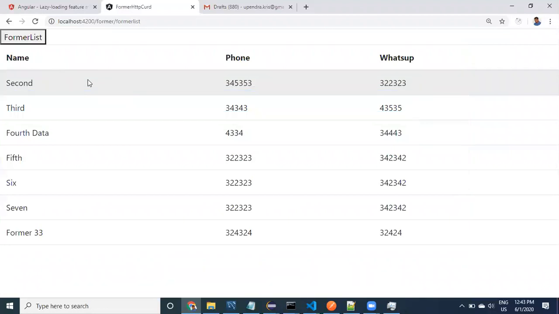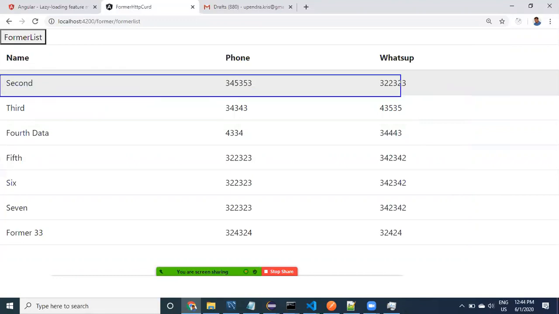Which component? Farmer component. This is the farmer list component. If I click on this one, we have to go to that particular component. So if you observe carefully, we are not displaying the farmer component. We have to go to the farmer component. When? Here, when we click on this one.